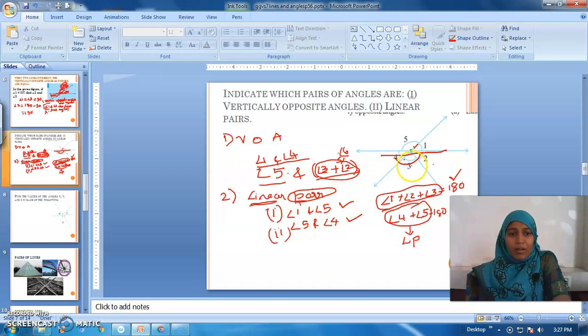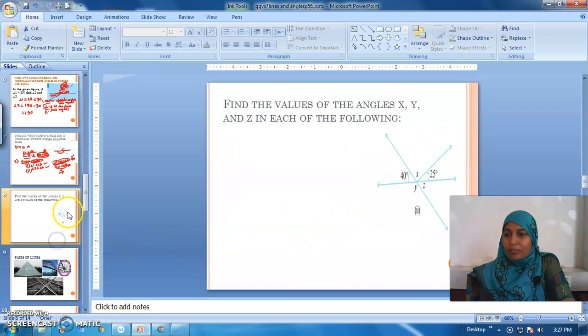Is it clear, children? Why we are not considering 3 angles to be linear pair angles? Though it satisfies the condition of supplementary, it will not satisfy adjacent angles. Because even in adjacent angles, we will have only one common arm. Here we will not have one common arm. We will have 2 common arms, and that concept is totally different from the adjacent angles. Hope you understood, children. Shall we move to the next one?